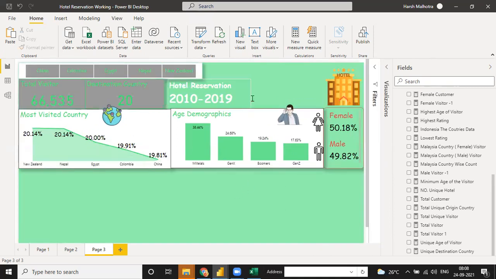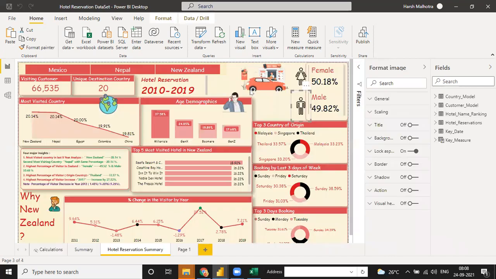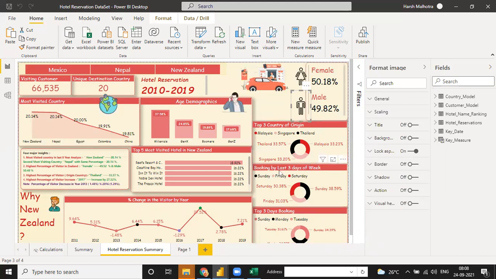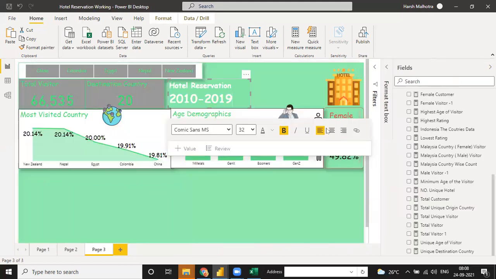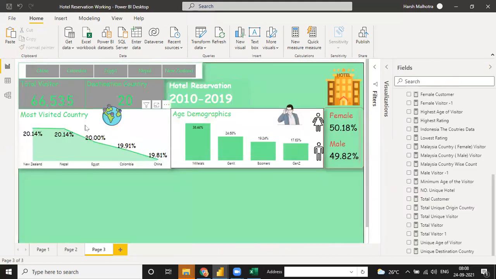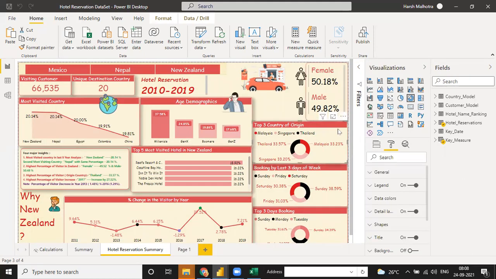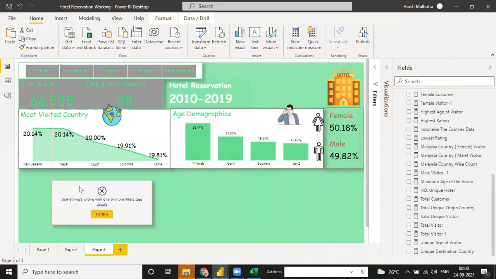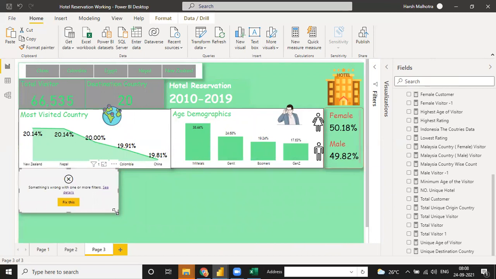Okay, so this kind of visualization is ready. Now I need the top 3 countries of origin, and the booking by last 3 days. The top 3 countries of origin means the most visited countries. You can use a simple thing: I can use this one because of the formatting. I just copy this one and paste it, because the value will be different. I just need to use the formatting for this one only,